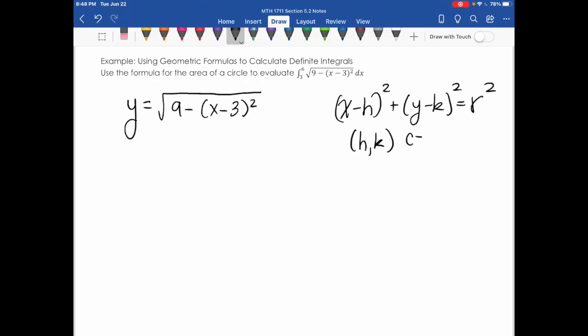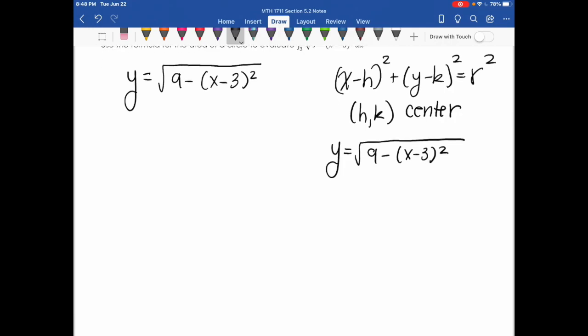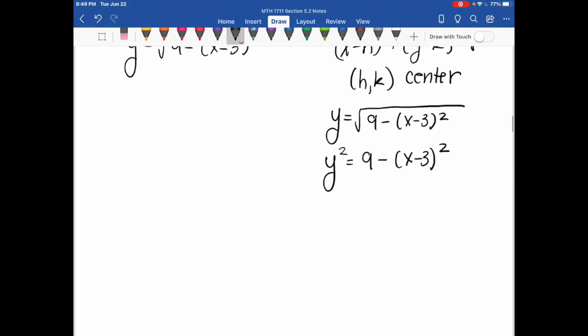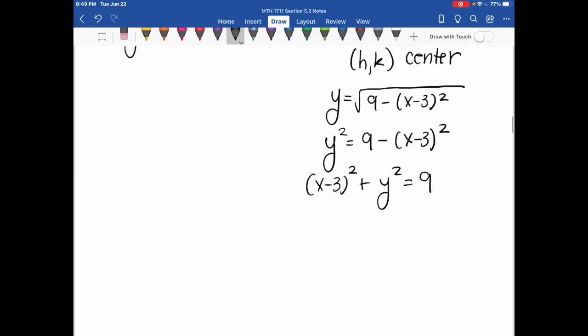Where h, k is the center of the circle. So if we play around with our formula here, if I square both sides, y squared is equal to 9 minus (x minus 3) squared. If I add (x minus 3) squared to both sides, I get (x minus 3) squared plus y squared is equal to 9. So you can see that this represents a semicircle,